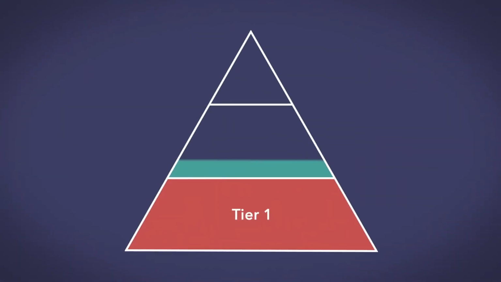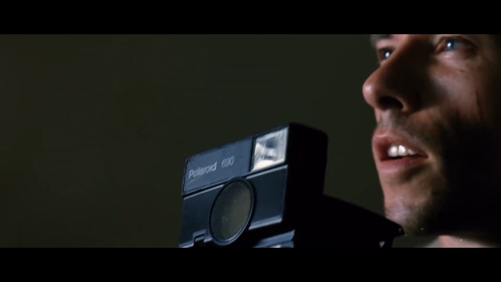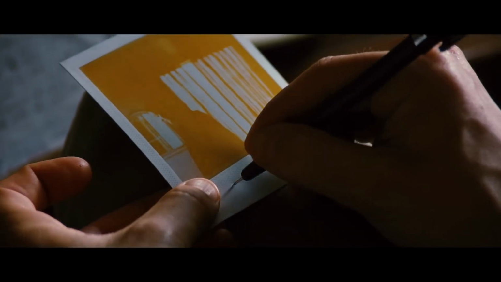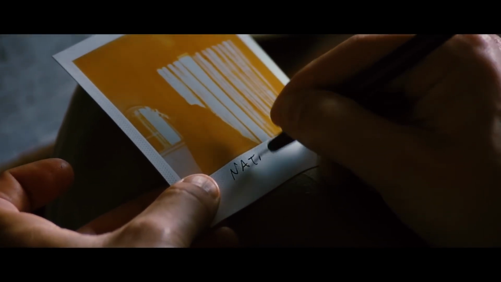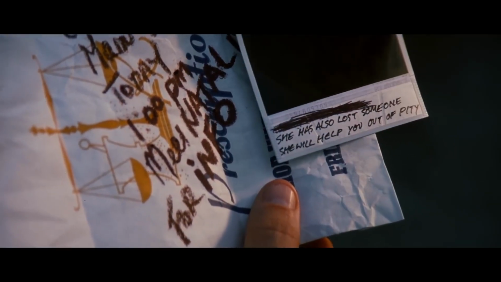The second tier of questions spans several scenes and have to do with the Polaroids. Something to remember you by. Leonard takes a photo of everyone he meets and writes brief notes about them on the back. So later, after he's forgotten who the person is, he has some notion of his relationship with them. Once we, the audience, are aware of this mechanic, we want to know the story behind each of the notes.